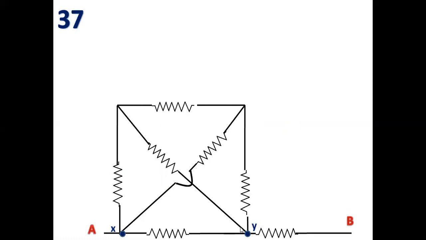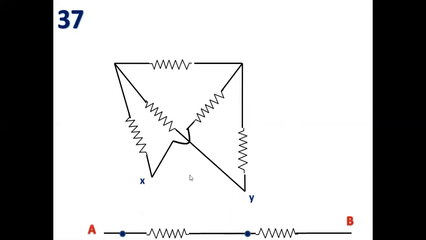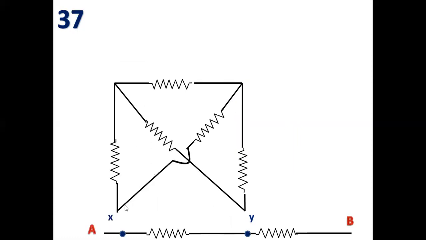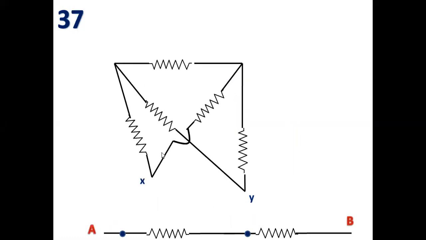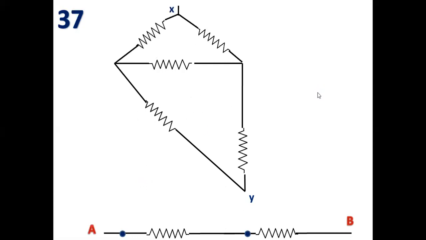I will remove X and Y, and I find that there is a Wheatstone's network here. And if X and Y are removed, then whatever equivalent resistance I get from here must be connected across X and Y. I remove it. X and Y are removed. Now unfold it. Start unfolding it. Now X is here. So bring this X outside. Just unfold it. No connection here. This connection shouldn't be lost. This connection shouldn't be lost. See here, I just unfold it like this.